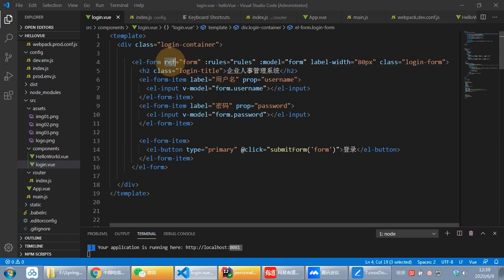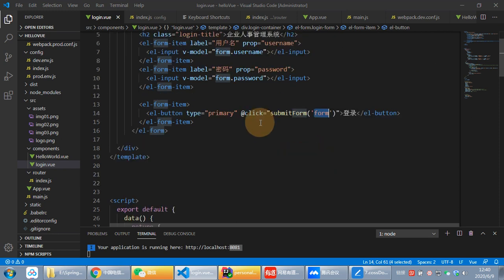You can study them on the Element UI website. Okay. And in my notes yesterday, there's something to remark here,